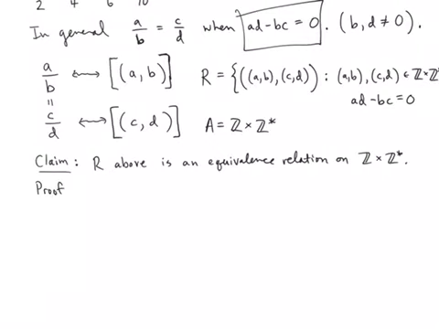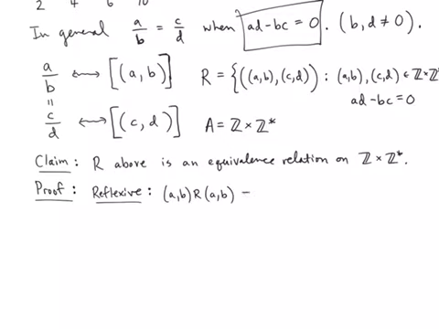Proof. So we have to show that we have an equivalence relation, so there are three things to show: reflexive, symmetric, and transitive. So to show reflexive, we have to show that